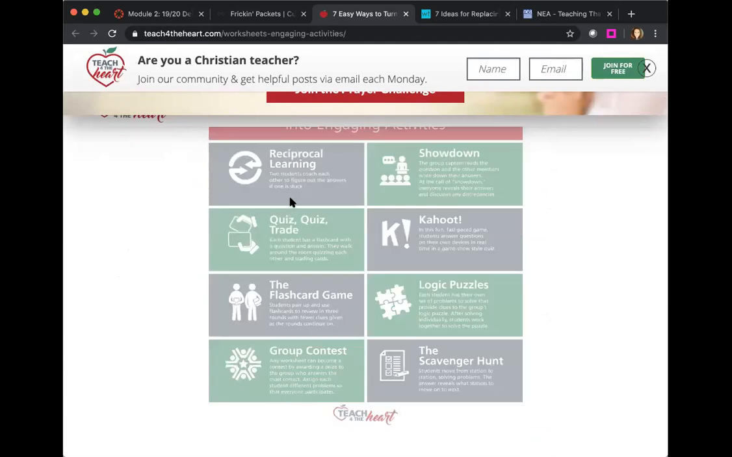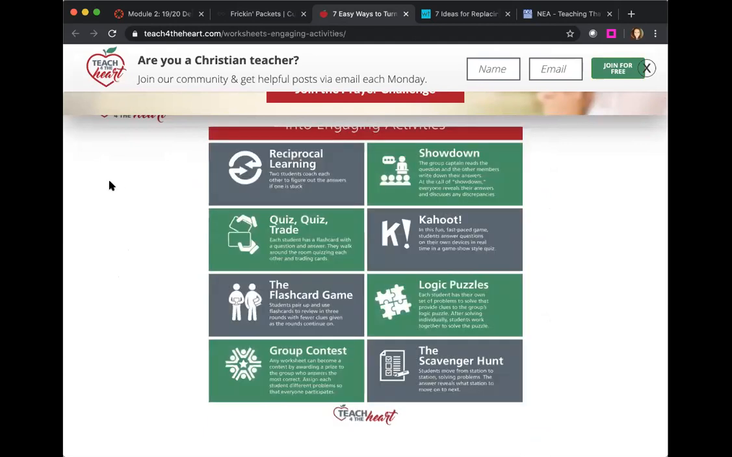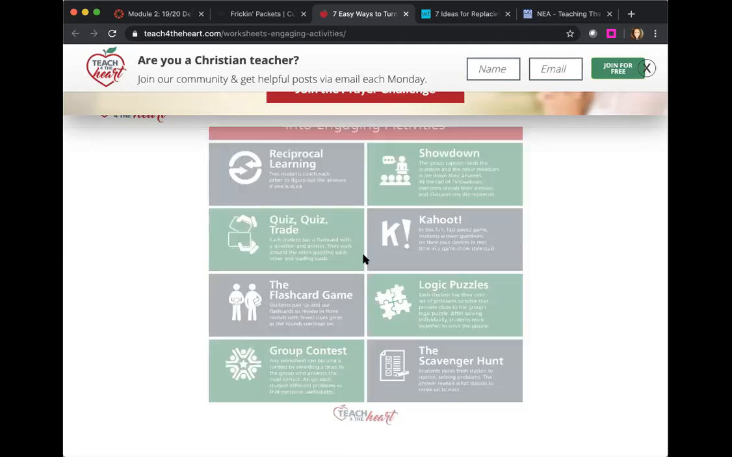So things like reciprocal learning, where two students coach each other to figure out the answers if one is stuck. Again, you can do this virtually with making pairs, with breakout rooms in Zoom, with Google Chat, if you're using the Google platform for your meetings and your class sessions. You can do some reciprocal learning with a worksheet that you've planned. Things like a